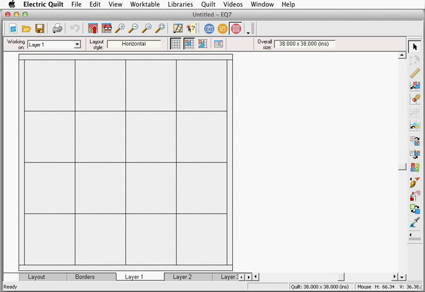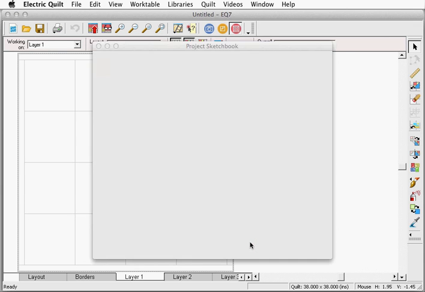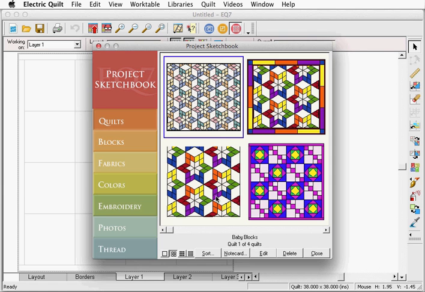In this video, I'll continue to review what we've learned and introduce you to the printing features of EQ7. I have a project that I created some time ago called Baby Blocks, and I'll open it. This project has blocks and fabrics and quilts, and I'll select this quilt and edit it to the quilt work